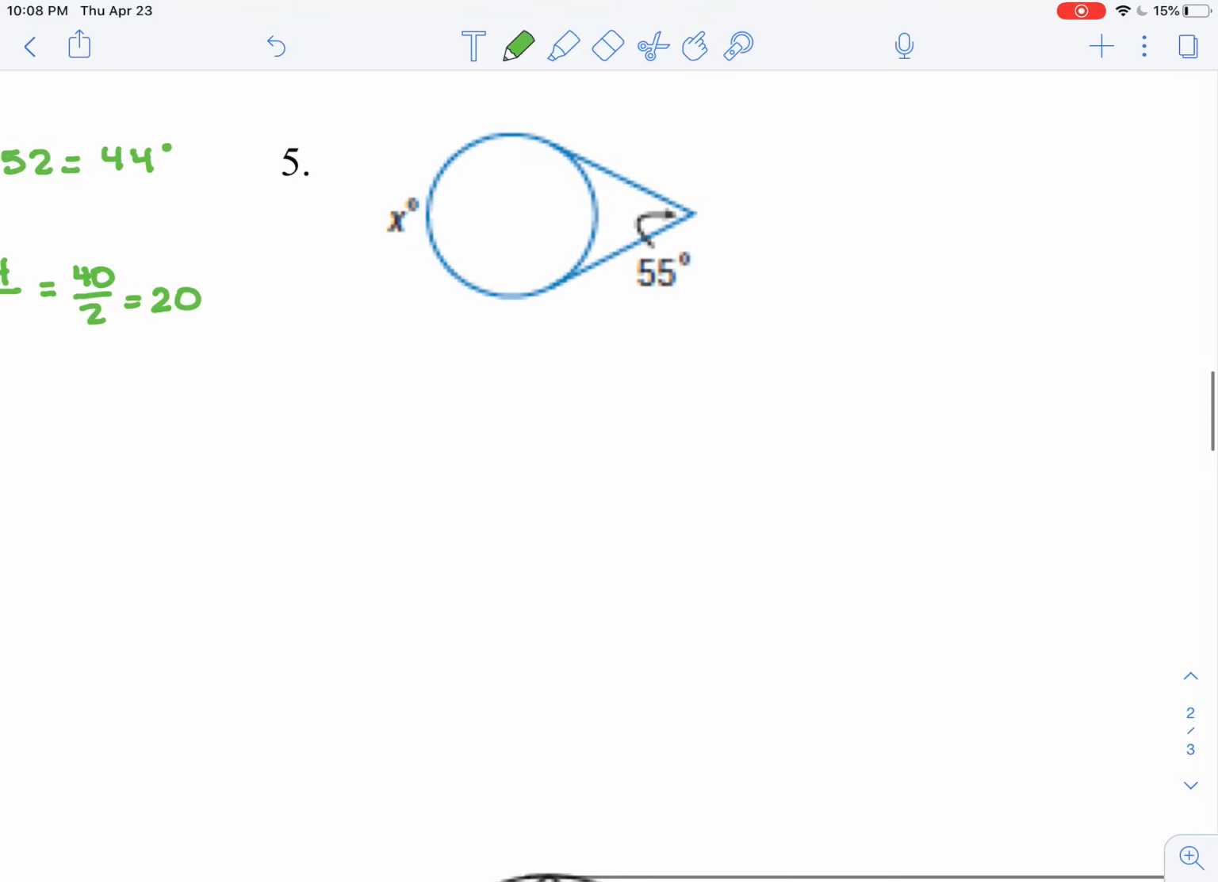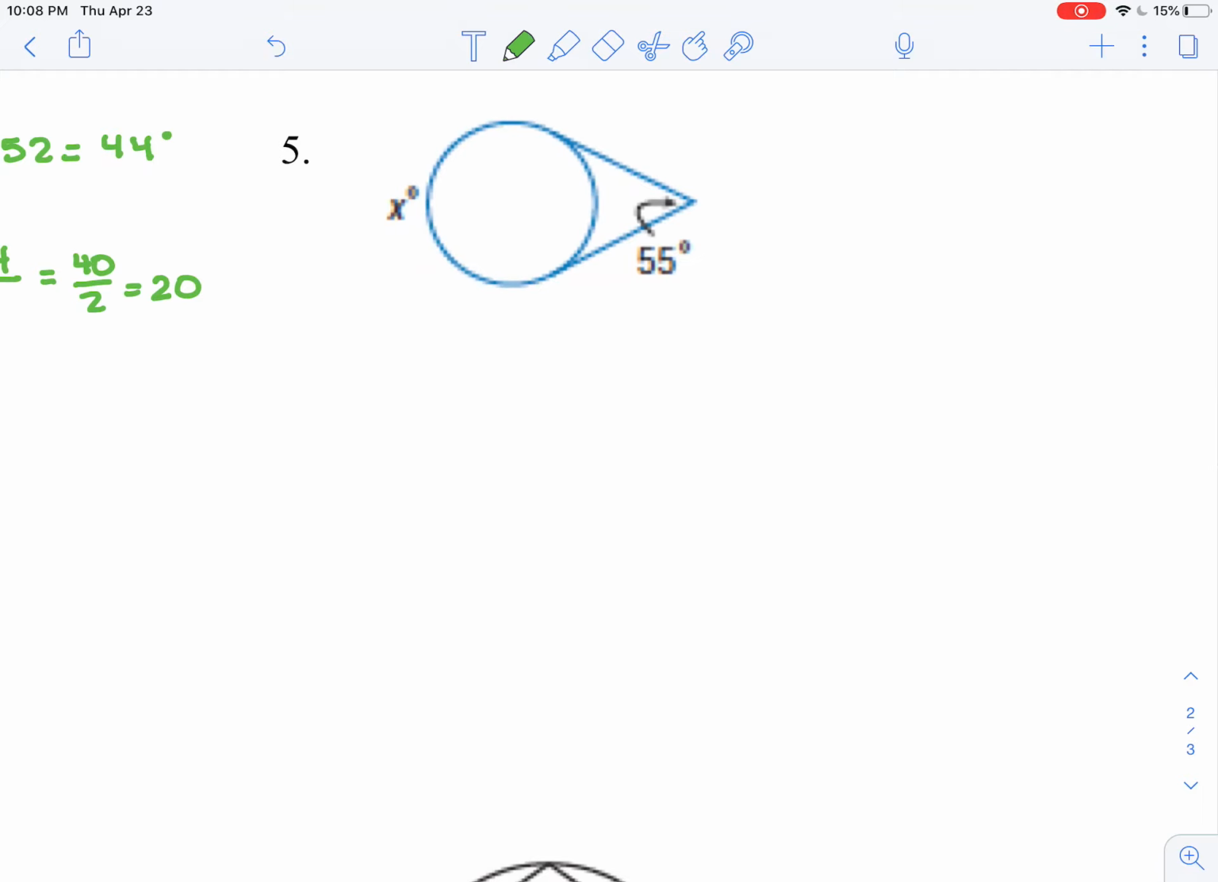Question number 5. Again, I have two lines, in this case 2 tangents, that intersect to form an angle on the outside of the circle. This question's a little bit different for a couple of reasons. The first one is I have the angle measure. I'm asked to find one of the arcs. So when the two lines intersect outside of the circle, the measure of the angle is equal to the bigger arc minus the small arc